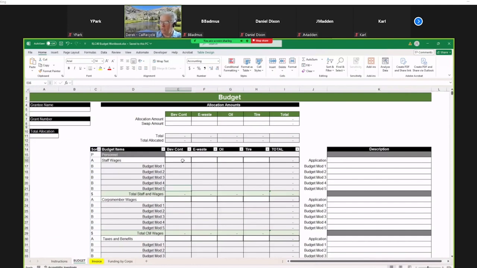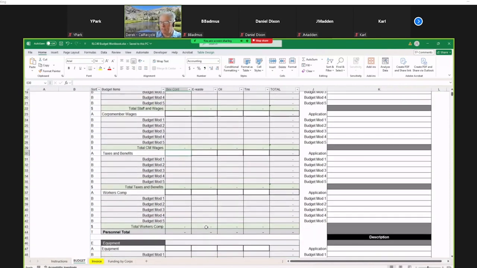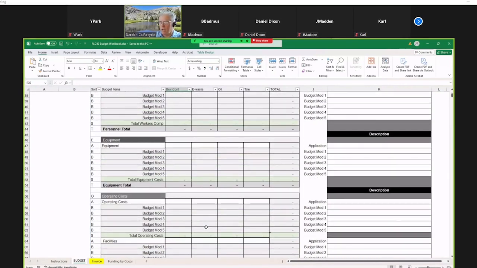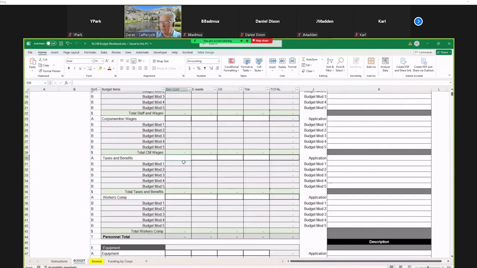So you're going to put in your staff wage amounts, your core member wage amounts, and your taxes and benefits and so forth. So we're not asking for line items. These are not for you to put in line items. These are for budget modifications, okay? So just your totals by category, and then of course we've got some breakdown in